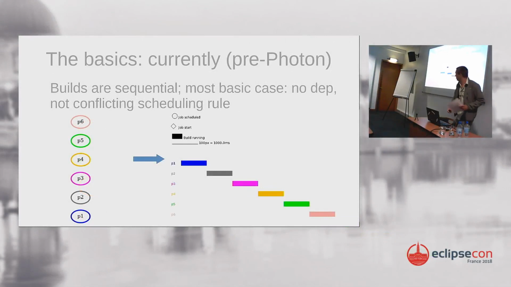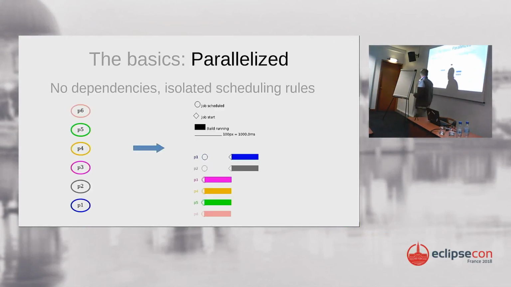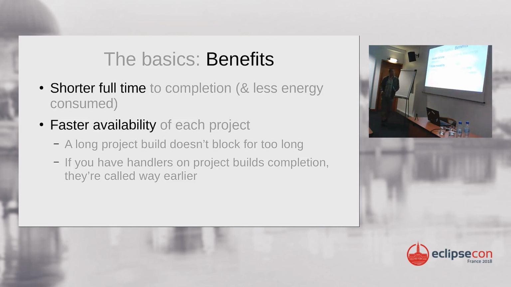So if I move forward, the benefits are obvious. We basically got a shorter full time from 6 to 2 seconds in that case, reducing by 66% the wait time, reducing by 66% the energy consumption because the CPU energy is based on the active time, and reducing also the time the process is running on the cloud, so the money you will pay to that cloud because you basically pay cloud per time usage.